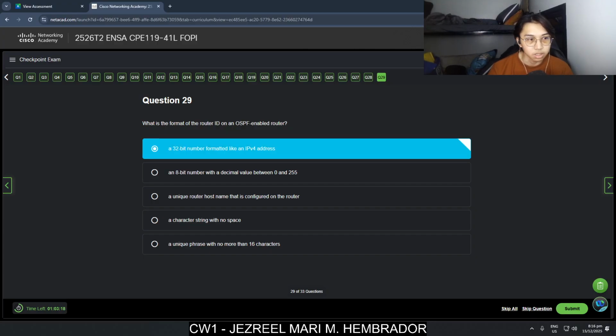I think it's a 32-bit number formatted like an IPv4 address, because a router ID is a 32-bit number formatted like an IPv4 address and assigned in order to uniquely identify a router among OSPF peers.